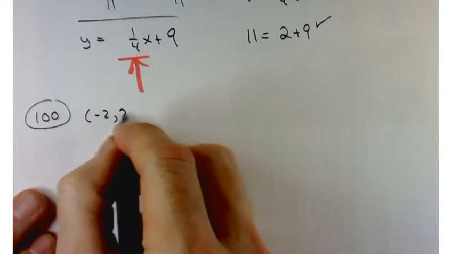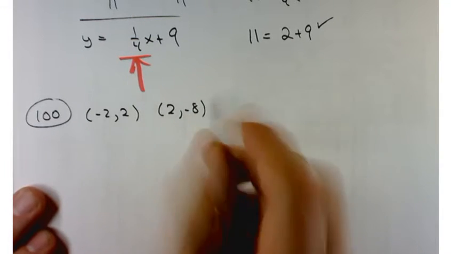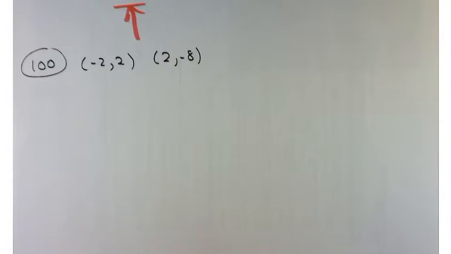Problem number 100 gives you these 2 points. This is a good example of something that I would ask on an exam. This is a prime example where I give you 2 points and say, hey, find the equation of a line. So,